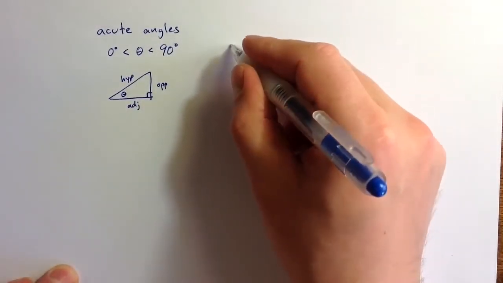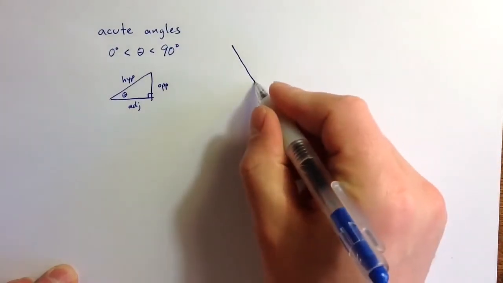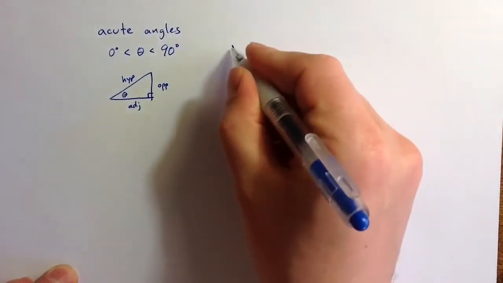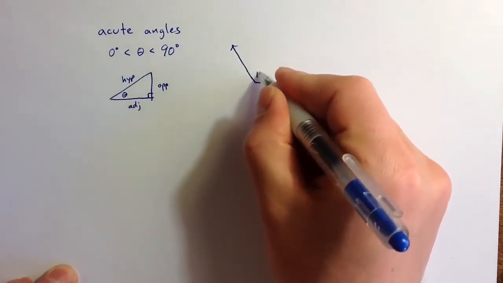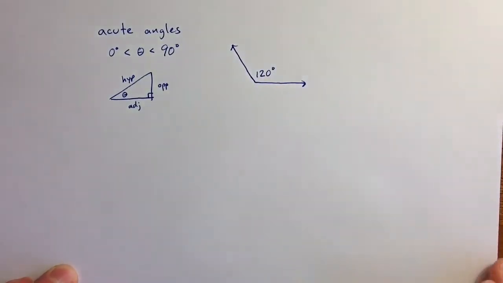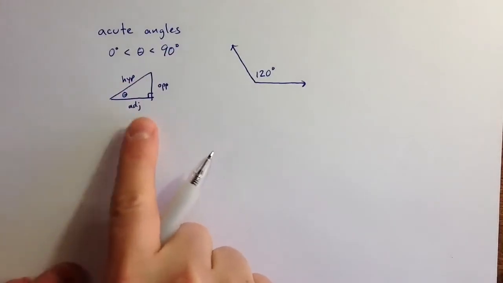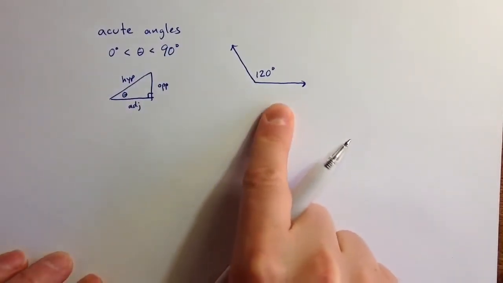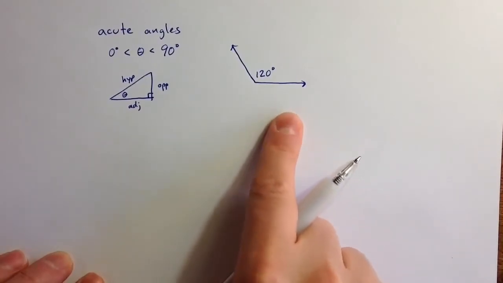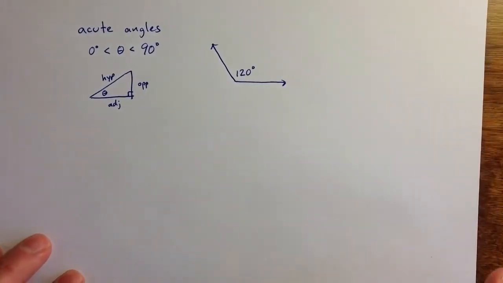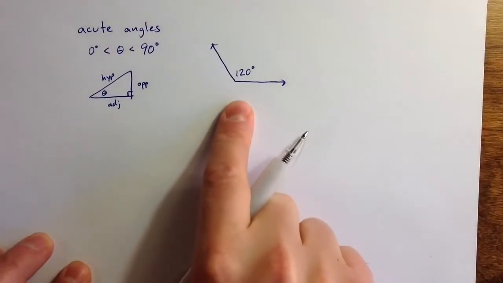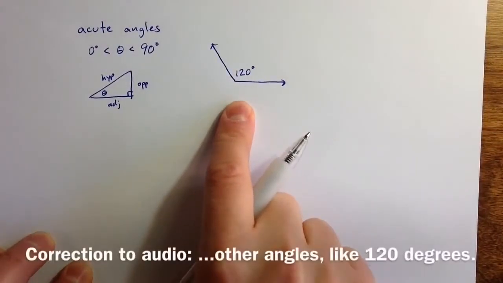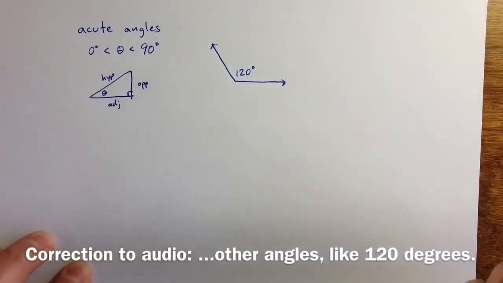But for angles that aren't between 0 and 90 degrees, it becomes harder to think about. We can't really think about it in the same way. For example, a 120 degree angle cannot be placed into this setting. But it would be nice to have a similar way to define trigonometric functions for other angles like 90 degrees. And we can, right? We can do that